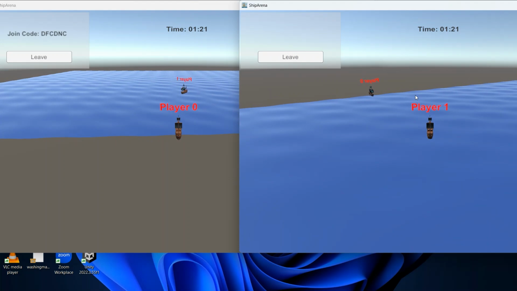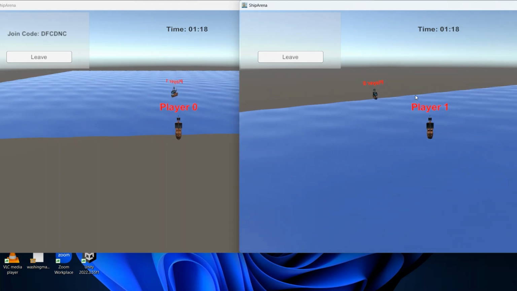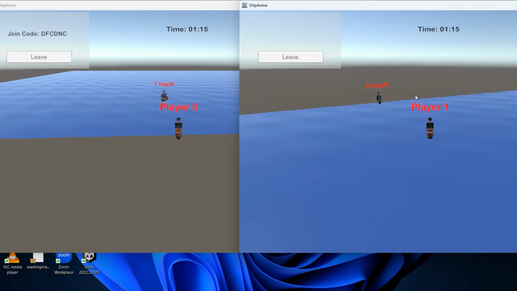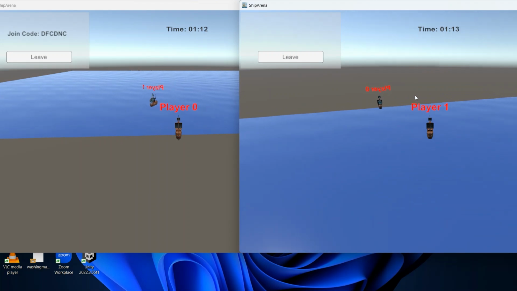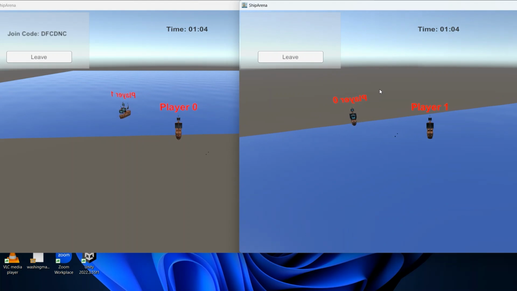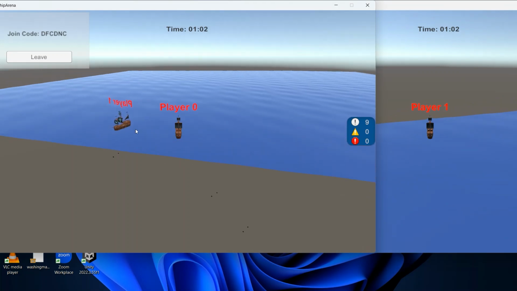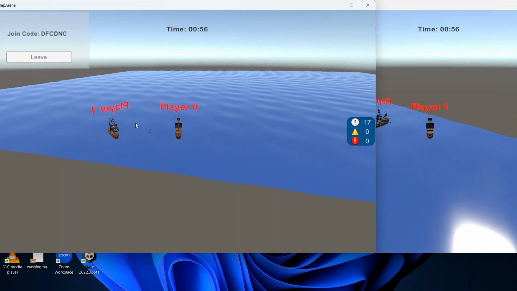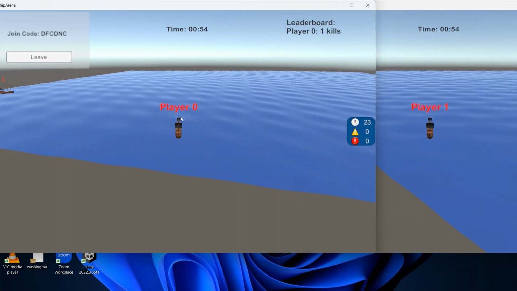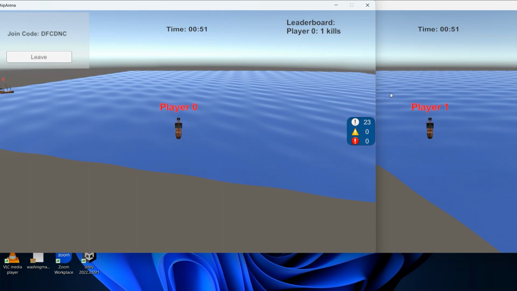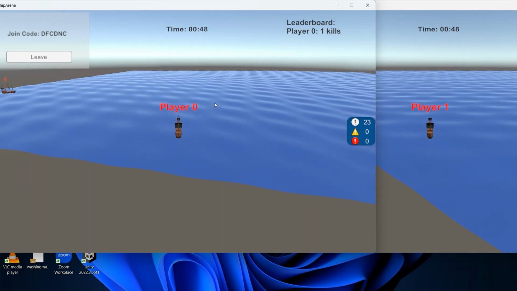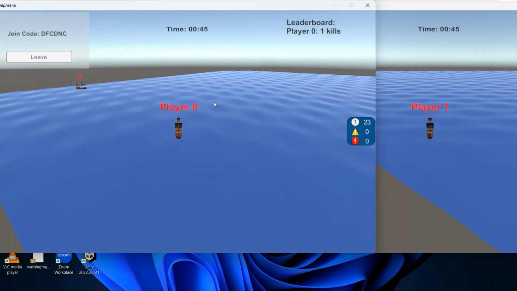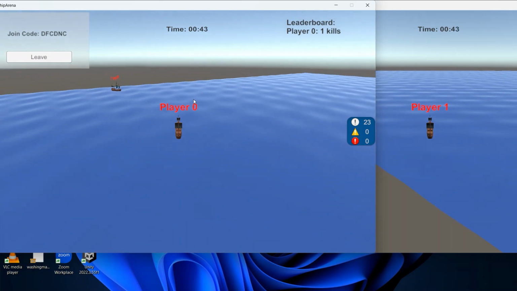So here you need to hit the enemy with 5 cannonballs before it dies. As you can see, the other player can see the cannonball. See, the player dies when the cannonball hits it.